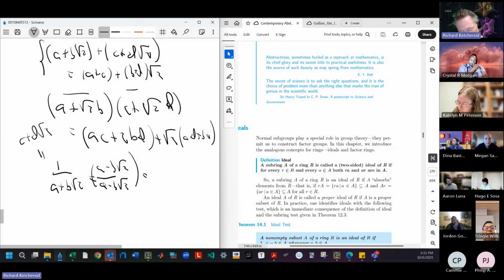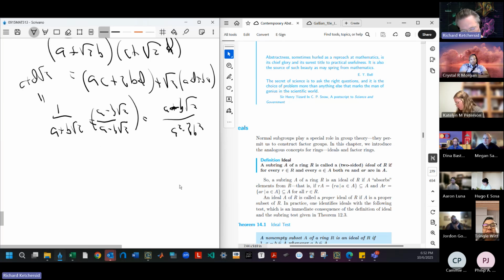So on the bottom, what do we get? We get a squared minus 2b squared, and that's never 0, because remember a and b are in the rationals, and square root of 2 can't be in the rationals. So this thing will never work out to 0. And on the top, we get whatever we get: a minus b square root of 2. So writing it all out, we get a over a squared minus 2b squared